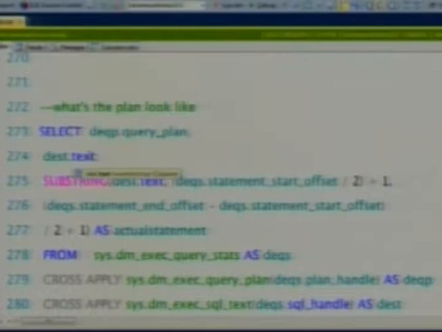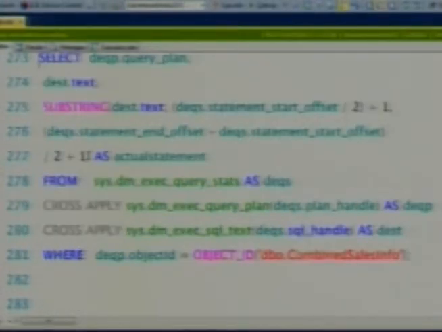Okay, hang on. Here's a way to take a look at the execution plan for the function, because that's actually stored. It's there. You always think, oh, well, it's just a black box. We'll never know what goes on. Yes, you will. All you got to do is go up against the query stats and the execution plan, get the plan handle. I'm getting the SQL text just so we can see it.